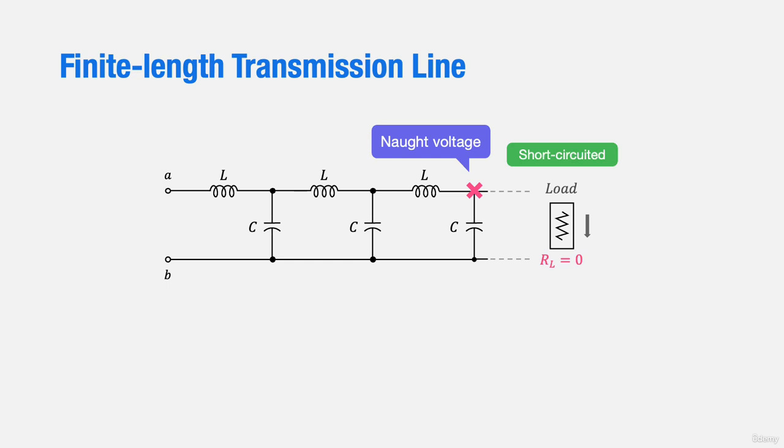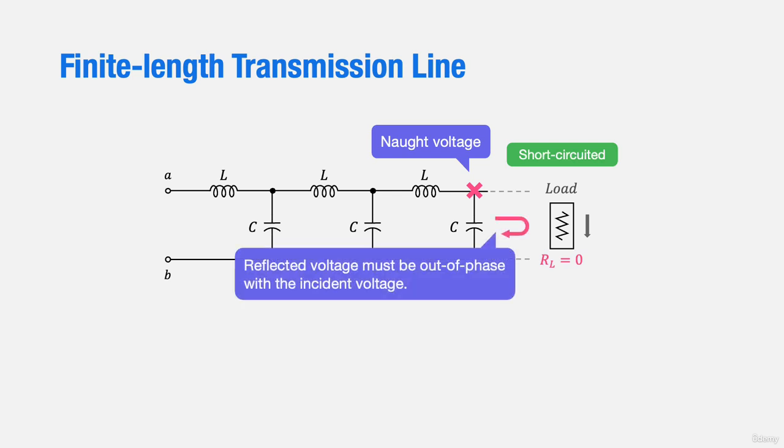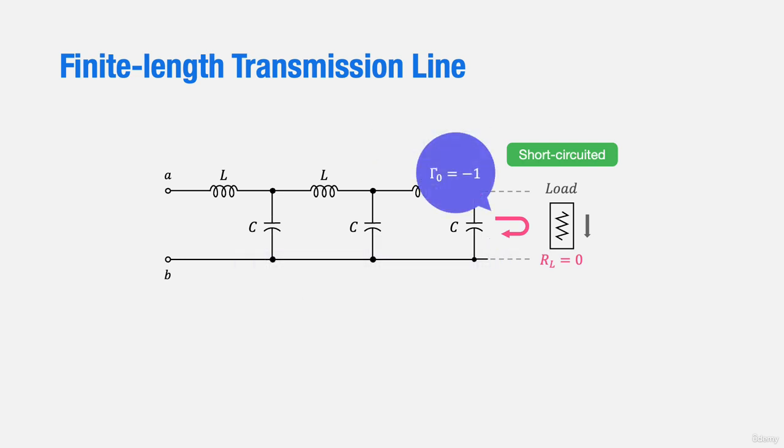Since the voltage at the endpoint is zero, the reflected and incident voltages at this point must also be zero when combined. This means that the reflection coefficient gamma 0 at this endpoint will be -1, which indicates that the reflected voltage wave must be inverted to be combined with the incident voltage wave